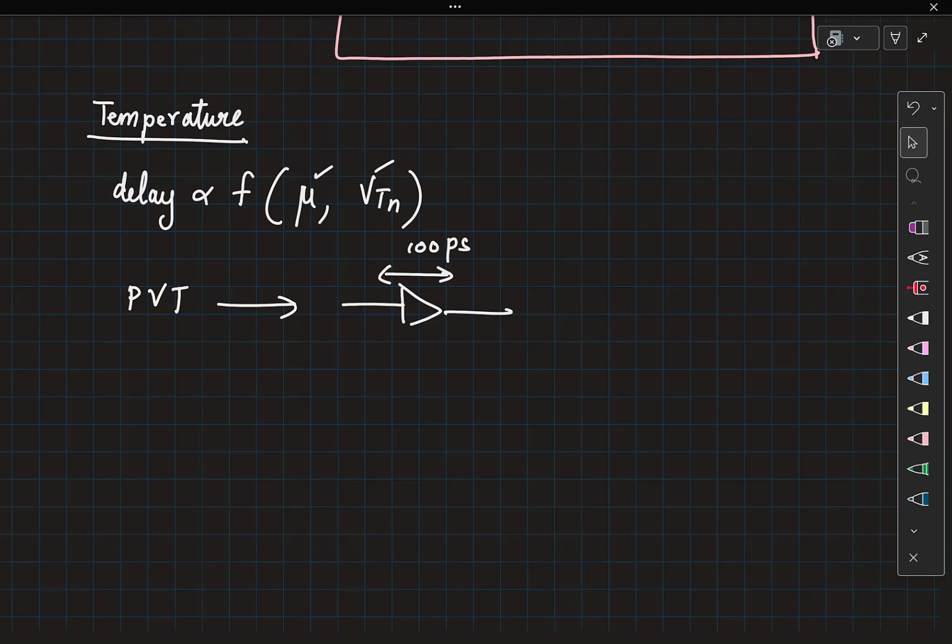Question is clear, right? I want to get a 100 picosecond delay buffer, but I don't want to use a time reference wherein a clock has a 100 picosecond time period. I want to use a clock with a larger time period, but still be able to generate 100 picosecond delay. We can take the difference between the clock and the delayed version. But how will you delay the clock? What sort of digital operation?